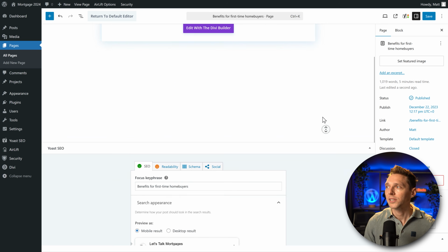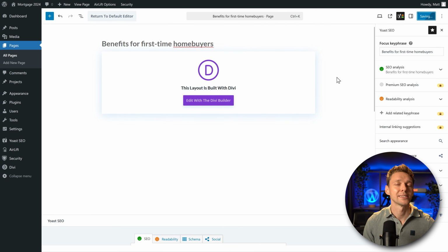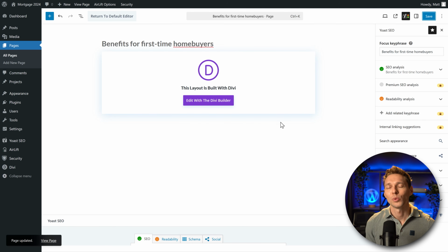If you're working on your website, you can also use on the right side this button, and you can see the entire Yoast SEO optimization ideas and on your focus key phrase and all these things that we have in here also on the right side, which works actually great. Now, Yoast SEO is still not fully integrated with Divi. I don't know why that is. It must be because the market share of Divi is just not that big anymore, because we're all going to Elementor, because Divi 5 is taking way too long.